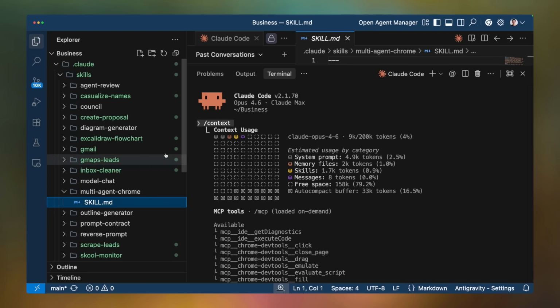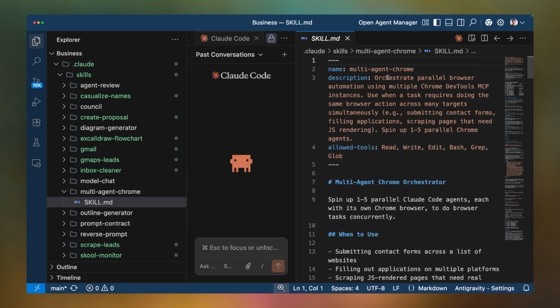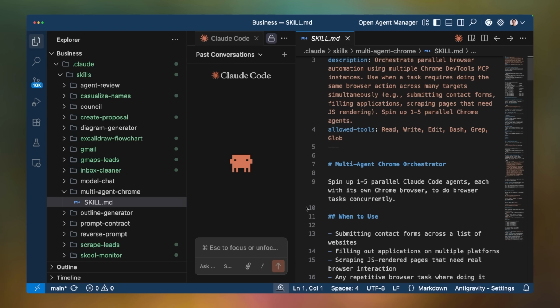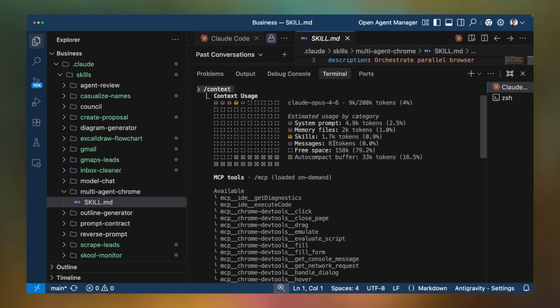In order for Claude to be able to use these skills, this multi-agent orchestrator needs to store all these tokens somewhere and then give them to the model. And that's what's going on over here, right? Now, the actual messages that we've used are only at 8 tokens. And I think it's this word here, context usage.